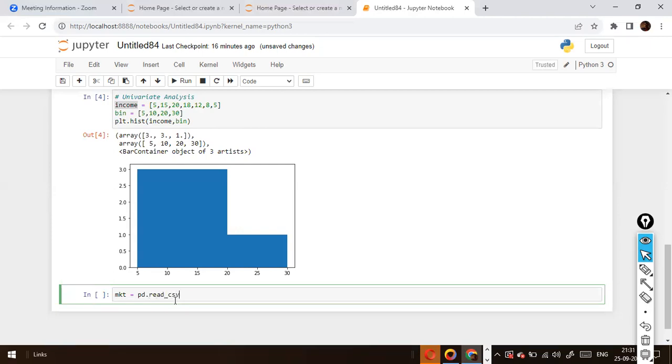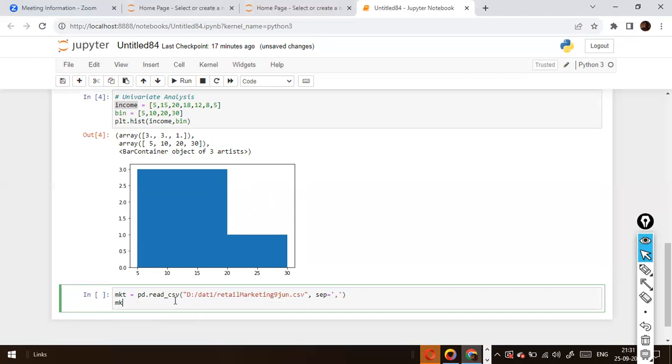Read underscore CSV. And in this one, we have something called retail marketing 9june.csv file. This is the CSV, comma separated value file. And sep equal to comma. This is a comma separated value file, and I'm going to, so here, this line, what it does is,